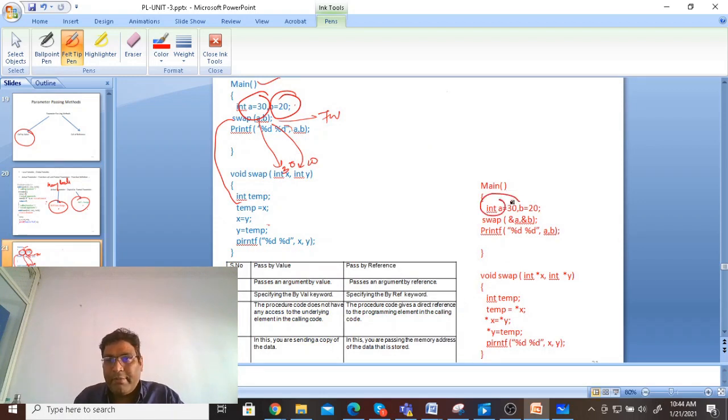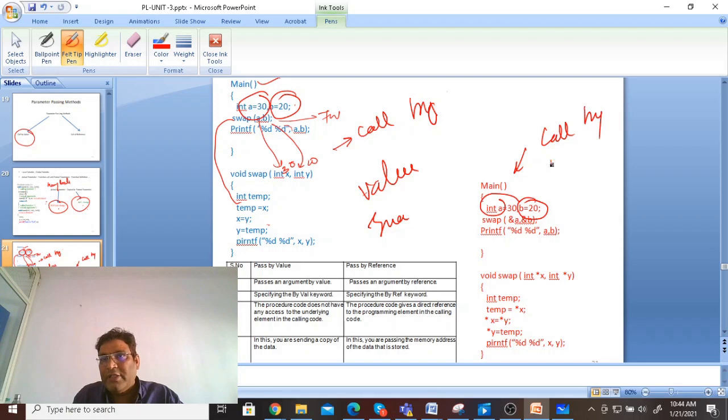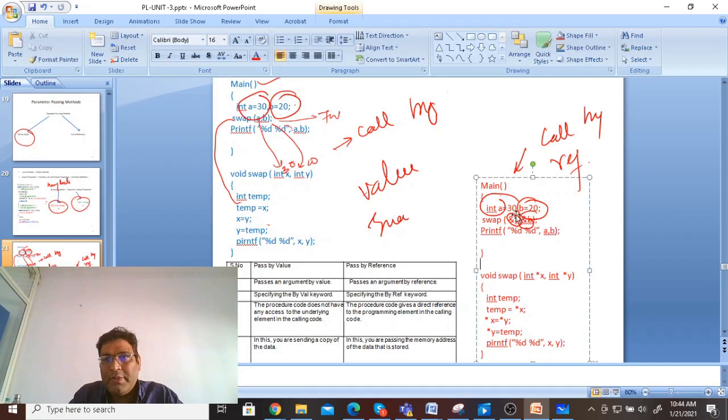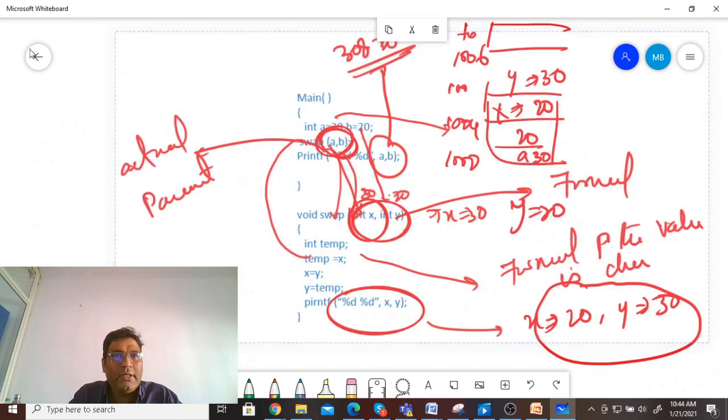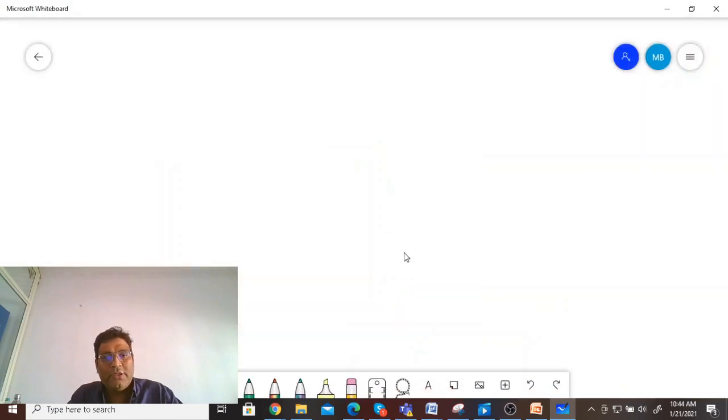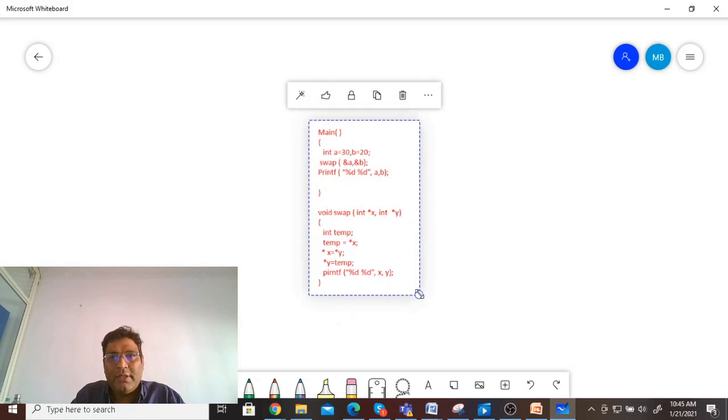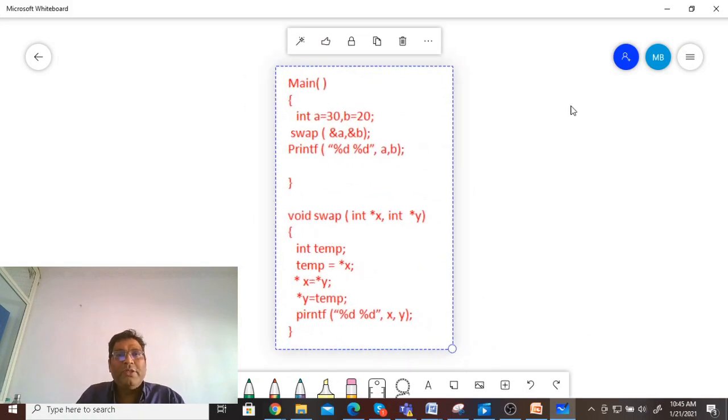We have A and we have B. This is one more program. This is call by value example. This is what we call call by reference. We have A, B, swap. We are just taking this one. I'll copy this one, close this one, copy, and go back here. Then I'll take this one, add this one and this one, and I'll rewrite it.